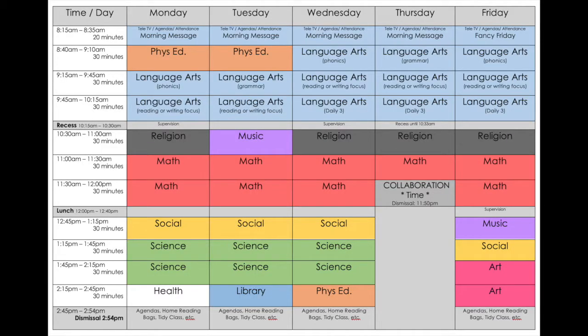And then what I would do is typically on Wednesday, Thursday, Friday, I did daily 5, because that gave me the chance on Monday and Tuesday to really reinforce and teach the strategy. And then Wednesday, Thursday, Friday, I was using that strategy in my daily 5 in my individual activities.